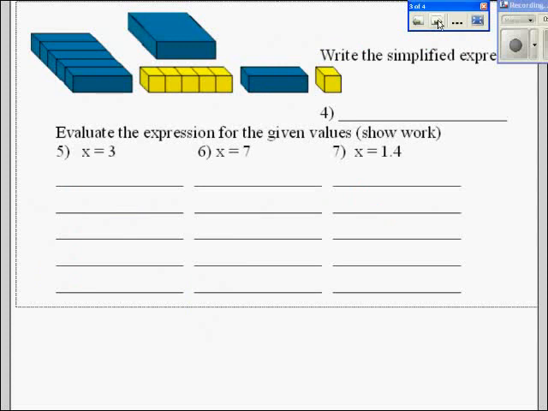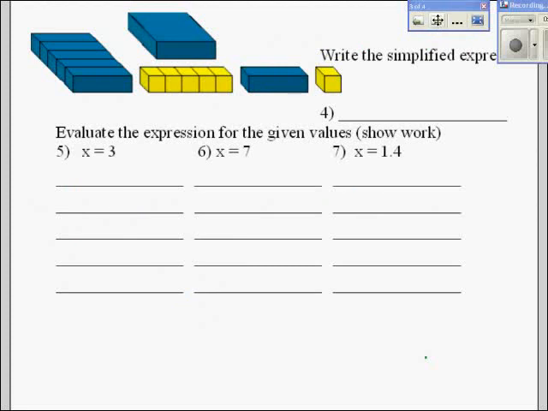Up here, we're going to have to write and then evaluate the expression. So again, we want to write this in simplest form. You see we have an x squared. I have plus 6x. And I have plus 6. So that needs to be the first thing on all of my lines, my expression. X squared plus 6x plus 6. That expression is